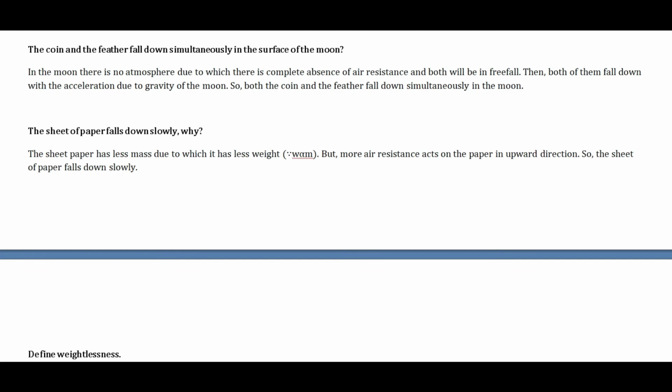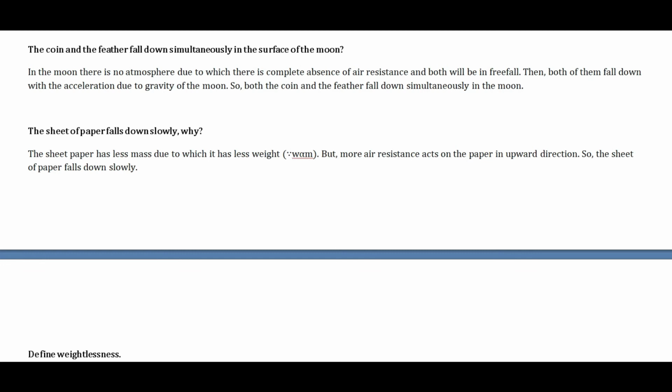Then let's see another reasoning question. The sheet of paper falls down slowly. Why? You know, whenever we throw a sheet of paper, it will be observed that the sheet of paper cannot reach the ground immediately. It will slowly fall down, and it will take some time to reach the ground. And it is because, you know, on the earth there is the presence of the atmosphere. That means air is present,